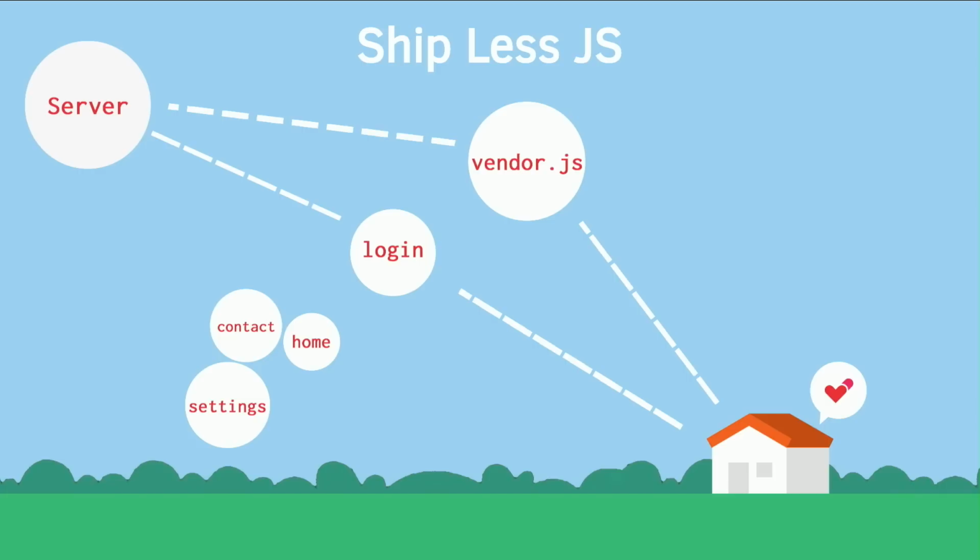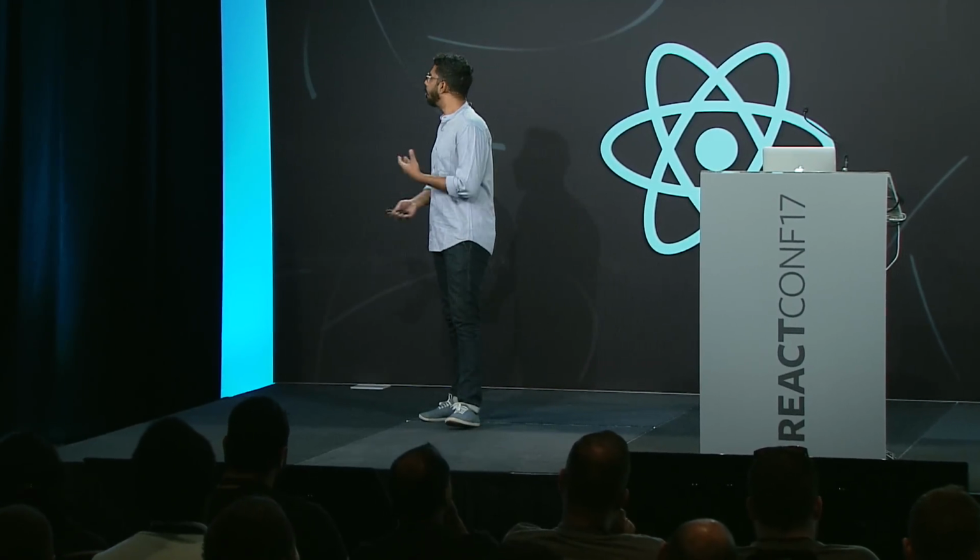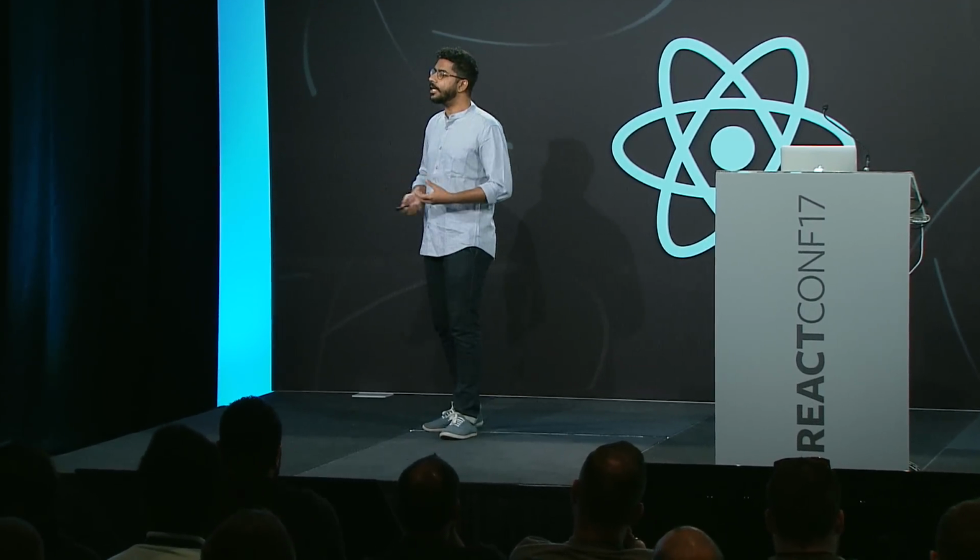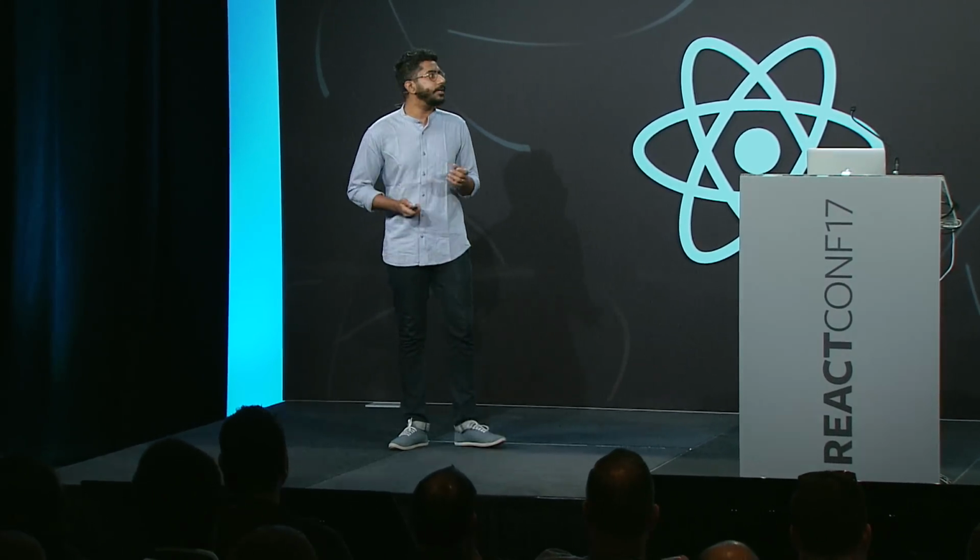You don't even know if I'll get to see the dashboard, but you're asking me to pay the price of downloading that, parsing that, and doing all of that work on a mobile phone, which is 5 times slower than your desktop. Why? So one of the easiest and most obvious things to do then is start splitting our application code itself. Send only the minimum amount of JavaScript required. That's it. Whatever it takes to show the user what you want him to see on the current screen, just send that down the wire.